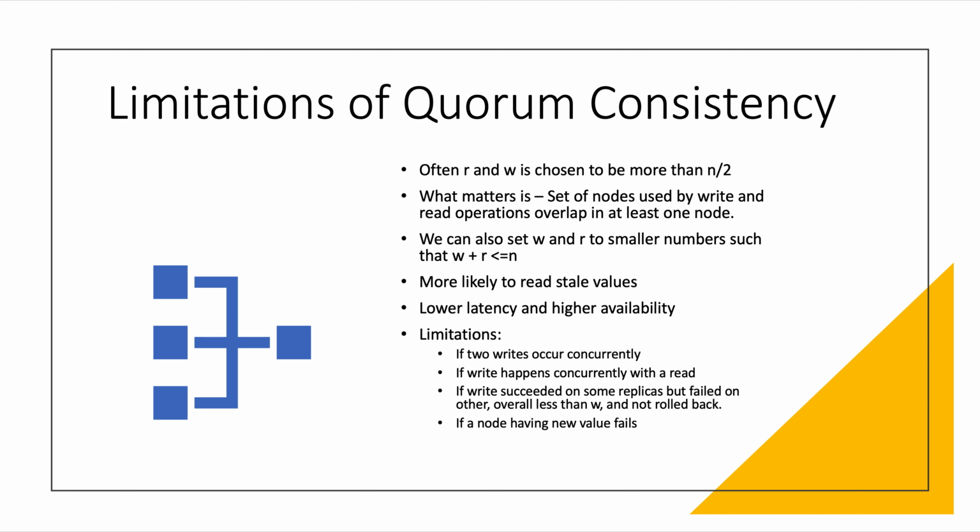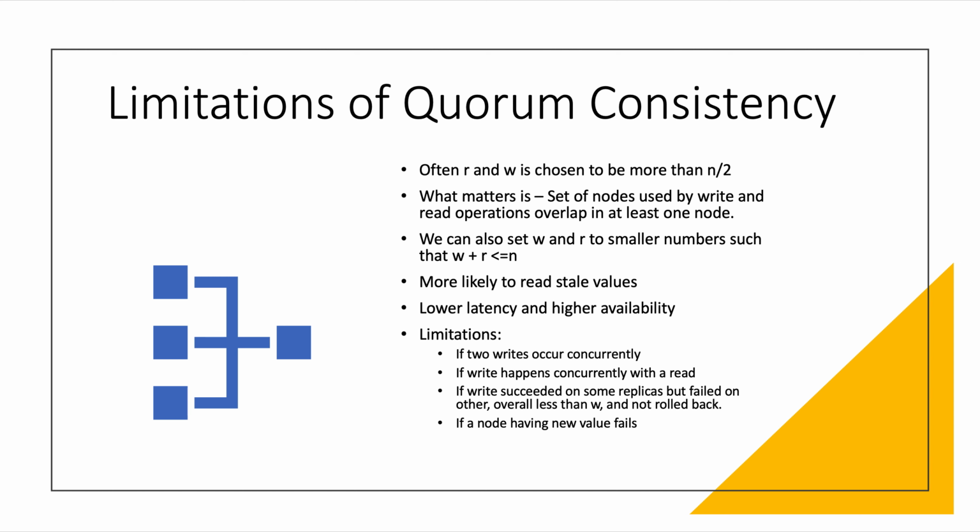If you have n replicas such that W plus R is greater than n, you can generally expect that every read will return the most recent value written for a key. This is the case because between the set of nodes to which you have written and the set of nodes from which you are reading, there will be an overlap. That is, among the nodes you read, there must be at least one node with the latest value. So often R and W are chosen to be greater than n by 2. That is, they are chosen to be more than the majority.